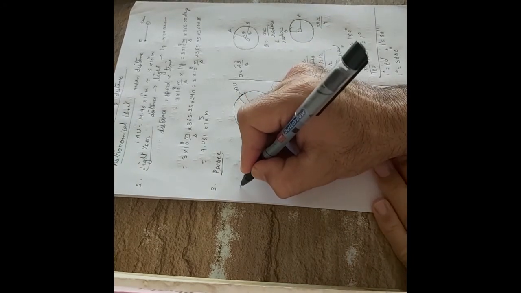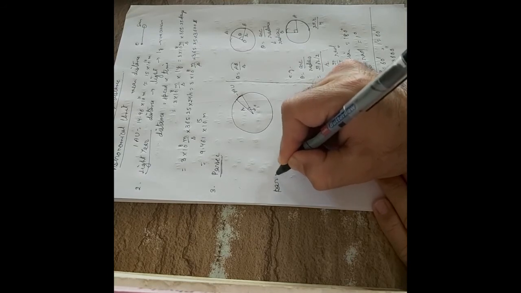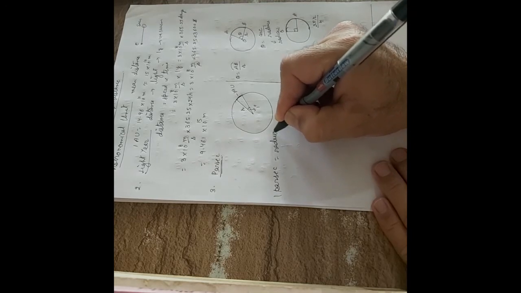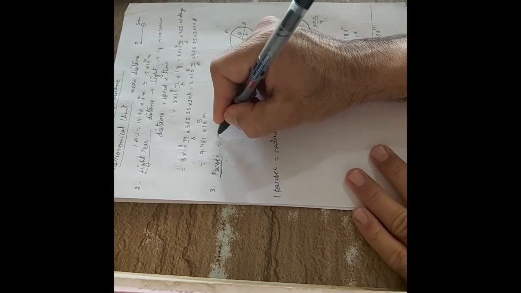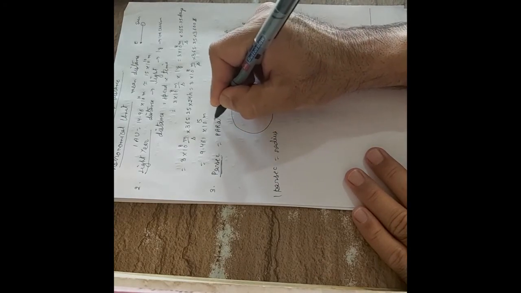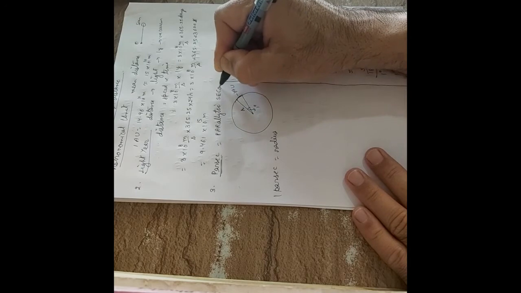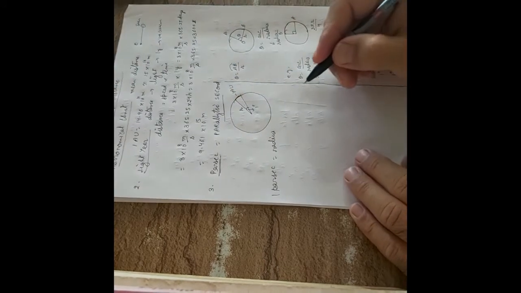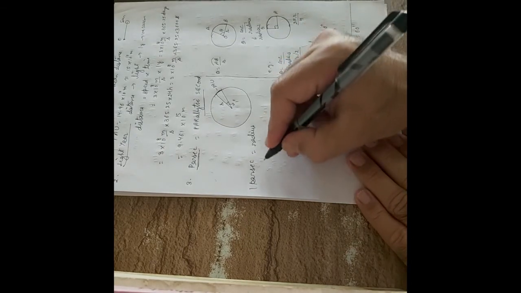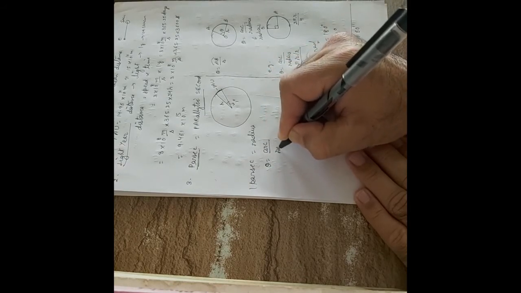So I can say 1 parsec is the radius. So what is the full form of parsec? Full form of parsec is parallactic second, P-A-R-A, parallactic second. So this is the full form of the parsec. Now how can we find out the value of the parsec? Parsec is the radius. We know that theta equals arc upon radius.